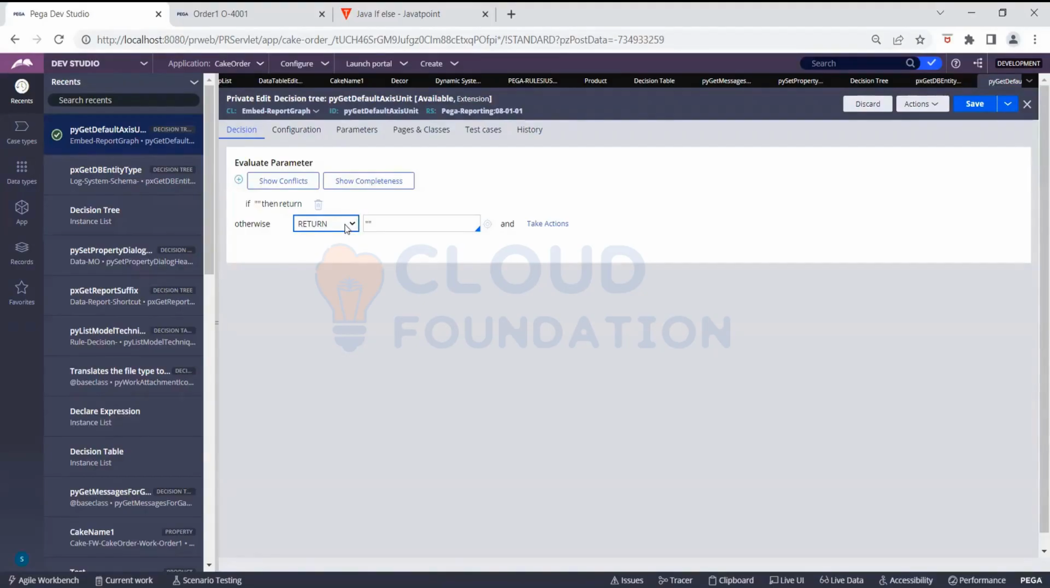This is like a tree. If something is true, it will go inside and check for the next condition, or it will return anything. If, suppose, a blank is there, it means there you have to write your condition. If that is true,